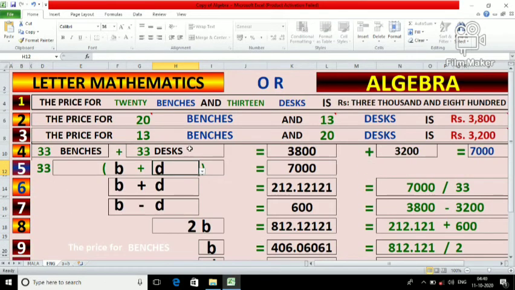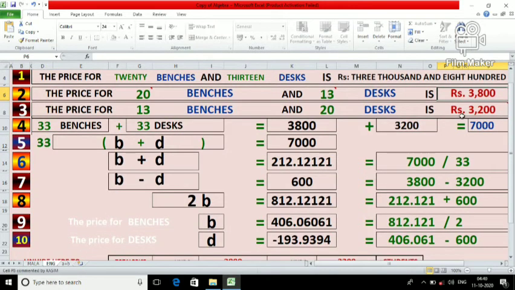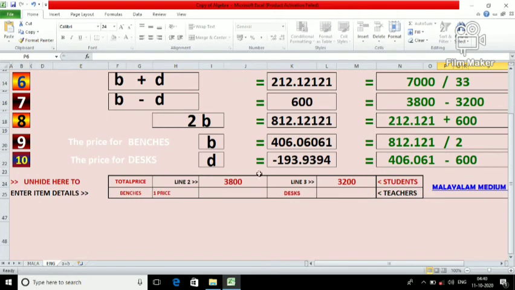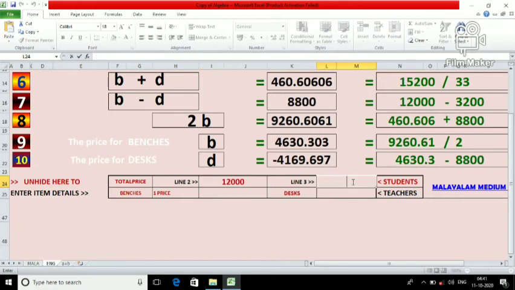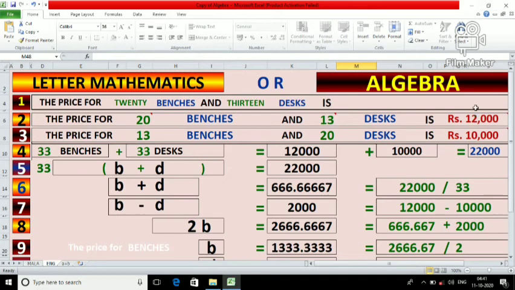Then here we can see the total amount. The total amount can also be changed, not here but here. Below there is a column for changing. Suppose we are changing the column as 12,000. 12,000 is to be entered here, then this is 10,000. Then the change may take place here also, this column also.